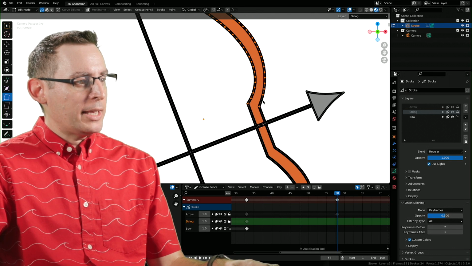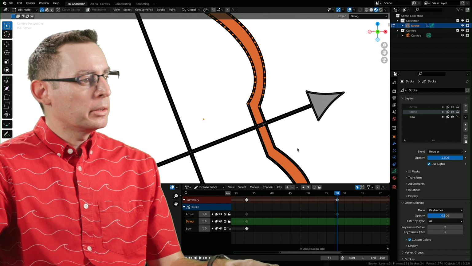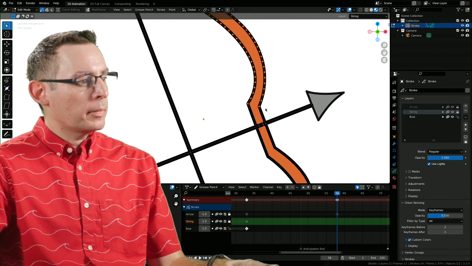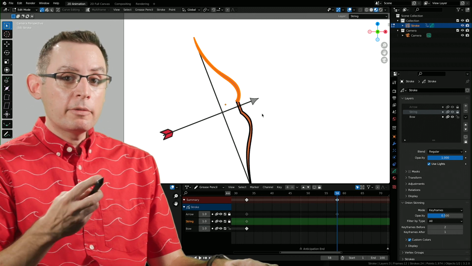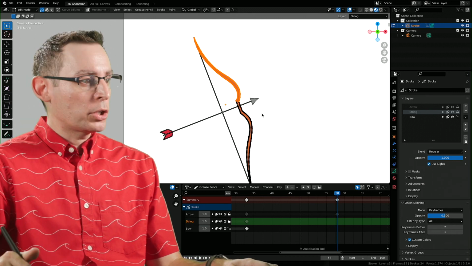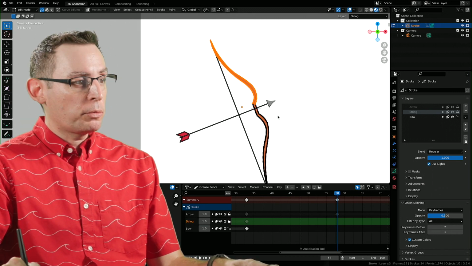I want to keep the 3D cursor in its current location and maybe just slightly massage my selection a little bit. I think I accidentally missed a vert here. Let me grab it and reactivate the bend tool. Now, when you're working with the bend tool, be very mindful of where your mouse cursor is in relationship to the 3D cursor.